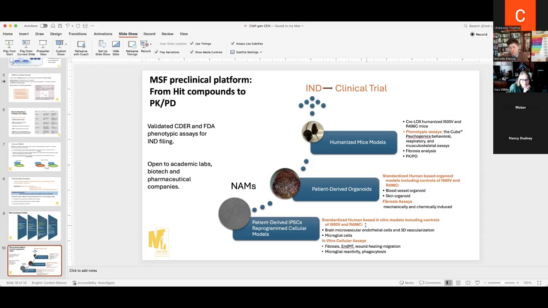And I hope that we'll have enough money one day to develop the astrocytes, because the astrocytes also stabilize the synapse, the junction between two neurons. They are around that, so that's also important. But for now, what we measure is the microglial reactivity in the brain and some different aspects of fibrosis in endothelial cells. And then we'll have the patient-derived organoids. We are working on that, but we don't have them yet.